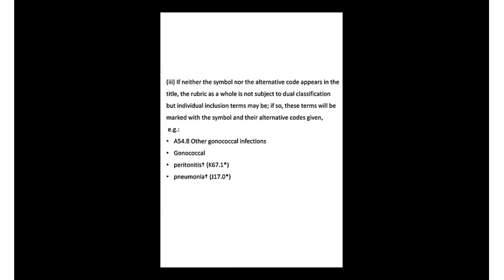If so, the term will be marked with the symbol and their alternative codes will be given। Okay, so कह रहे हैं कि अगर symbol का कोई alternative code appear नहीं हो रहा है in the title और rubric में, आपने दोनों में चेक कर लिया, तो होल सब्जेक्ट को हम डुअल क्लासिफिकेशन कर देंगे, दो बार क्लासिफाई करेंगे। ठीक है, तो आप क्या करेंगे कि निमोनाइटिस को या निमोनिया को आप डैगर मार्क भी करेंगे और उसके कोड को स्टार मार्क भी करेंगे। तो दिस इज हाउ वी डू।